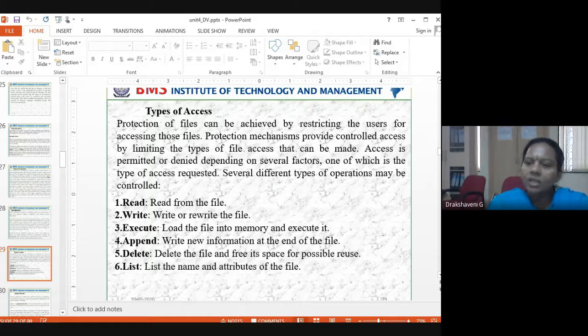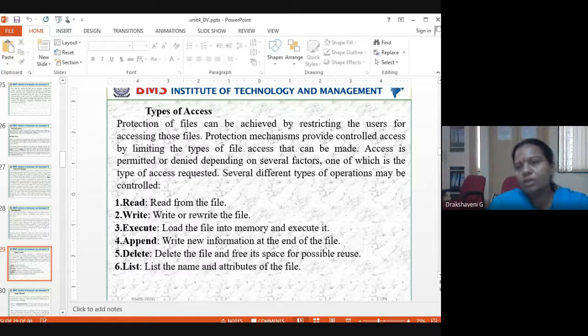Append. Yesterday you typed something. We are asking you to type or submit an assignment. One assignment problem you have solved, and you have to write two more. So today you have tried and tomorrow you'll do more. One page you have done, the second page you'll be doing. That's what is called append. Delete: delete the file and free its space for possible reuse.